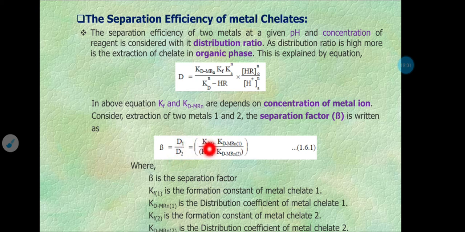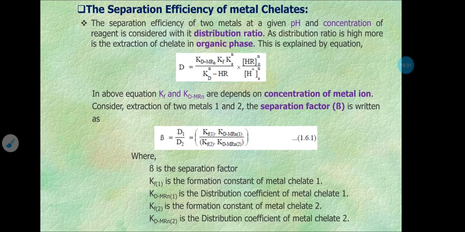This depends only on the formation constant and distribution coefficient of metal chelate. So this factor is the formation constant of metal ion 1 and distribution coefficient of metal chelate 1, divided by the formation constant of metal ion 2 and distribution coefficient of metal chelate 2,